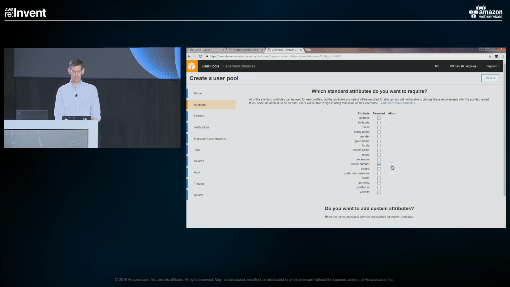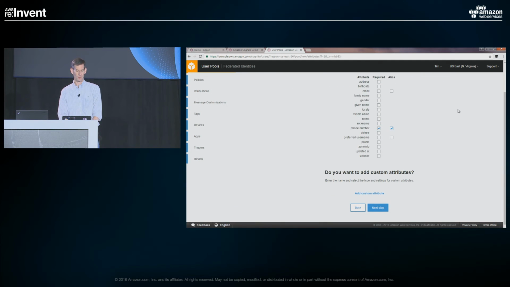An alias allows you in Cognito to sign in a user with something other than a username. So more and more today, you see apps where you sign up with an email address, for example, and a password, or maybe even a phone number and a password. An alias allows you to do that as well. So you saw in the demo that I essentially signed in with my phone number. That allowed Cognito to look up my account based on my phone number and allow me to proceed. So for this demo, we need to have a phone alias.